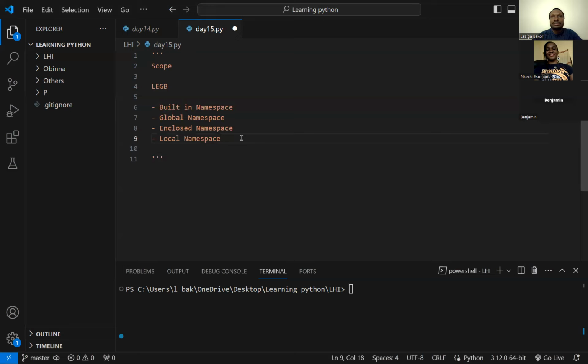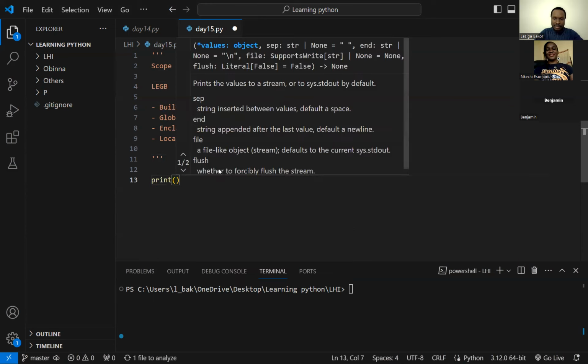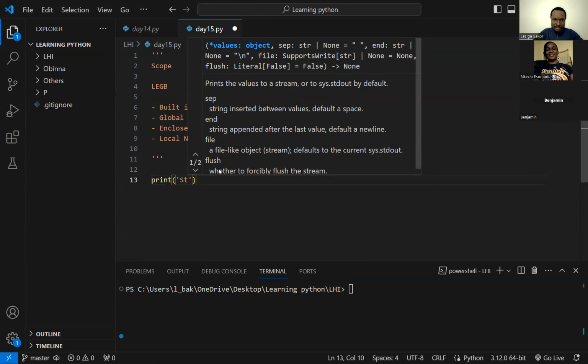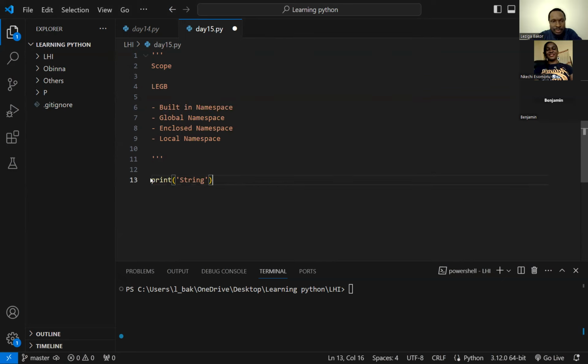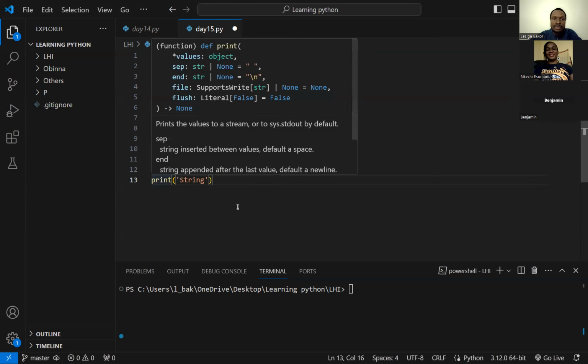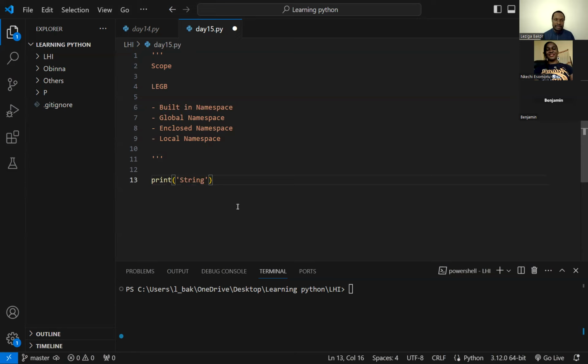For example, print. Before we started this code, we did not write any function called print. But if I run the code, it is going to print out something, because print is a function that exists